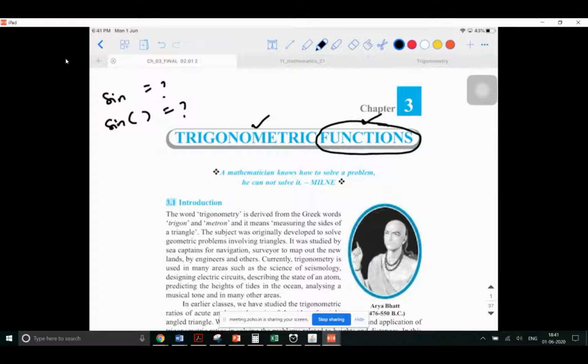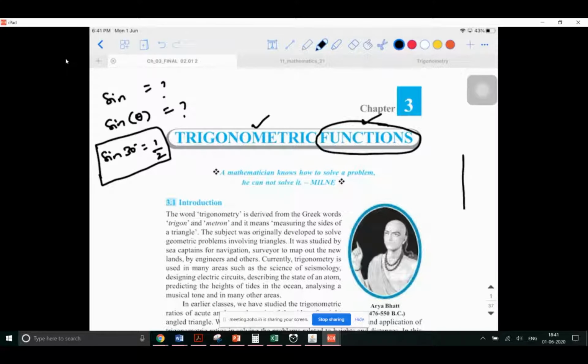Theta. You need to put something called as theta. What does theta represent? It represents the angle. So if I write it only as sine, it doesn't make any sense. But if I ask you what is sine of 30 degrees, it makes some sense to us, right? You will say the answer is half from the trigonometric table that you have. How we have got those values, we will see it later. That is our next headache. But we need to understand that if you have sine, you definitely need an angle to be substituted in it for you to find the specific value associated with it.